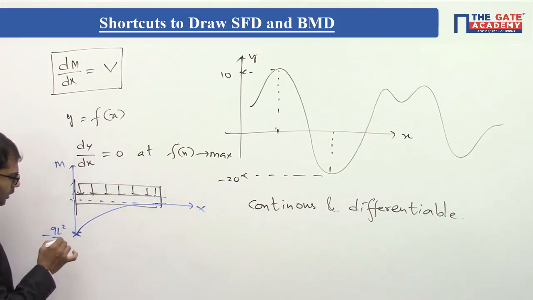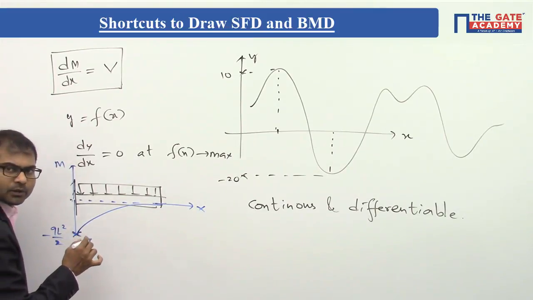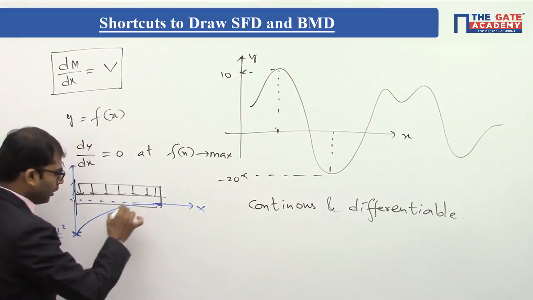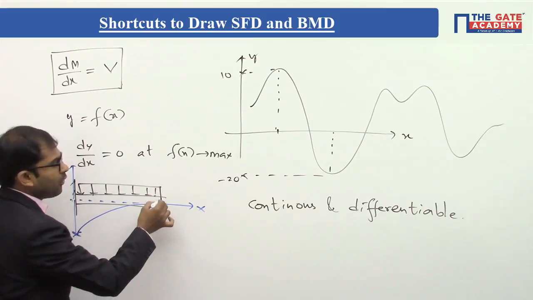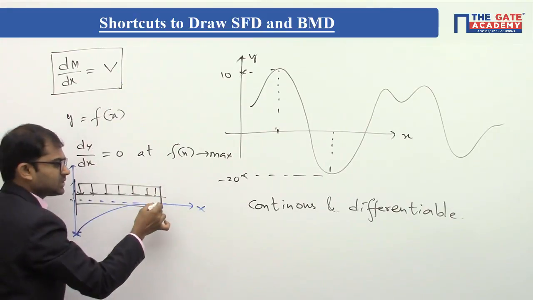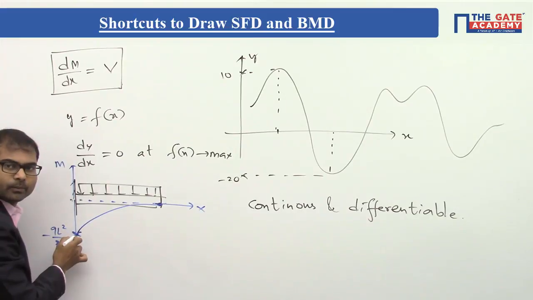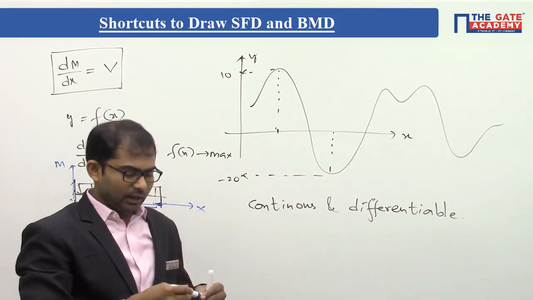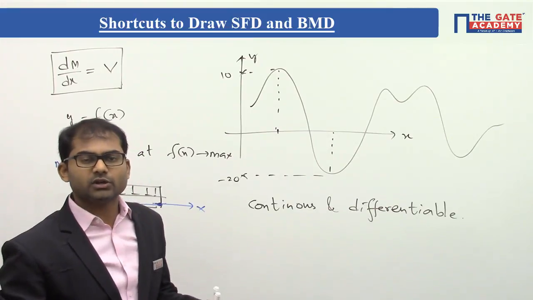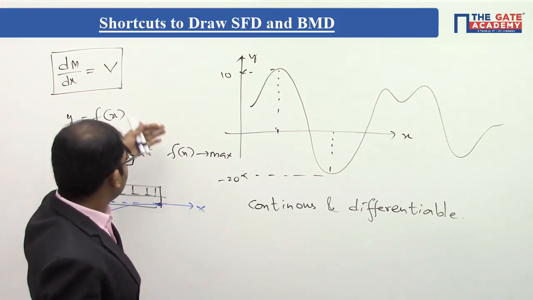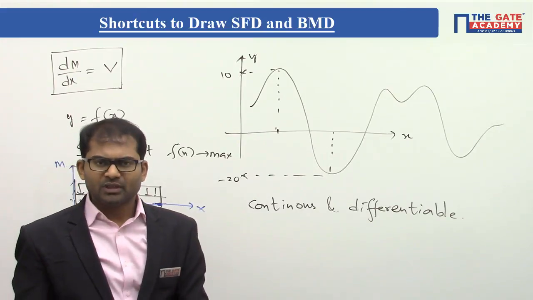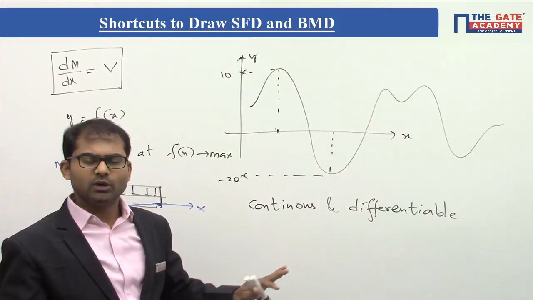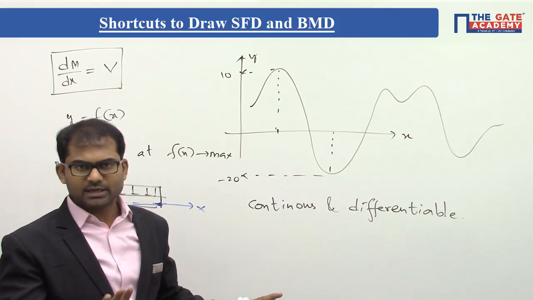So algebraically speaking, the highest value of bending moment is 0 at this location. All the values are negative, and the highest value is 0 here. So whatever you get from this equation, that is this one, not this one. This is the knowledge you have to keep in mind when you deal with dM by dx is equal to V. If you simply follow that wherever there is a slope of the bending moment diagram, there is a shear force value, then there is no problem at all. Understand? Simply following the statement.